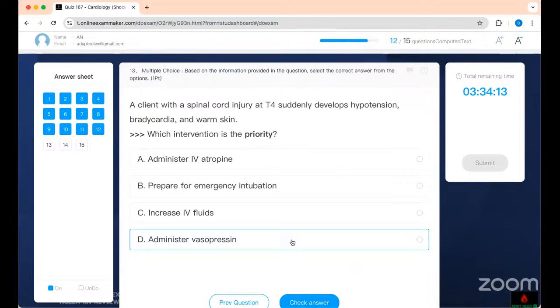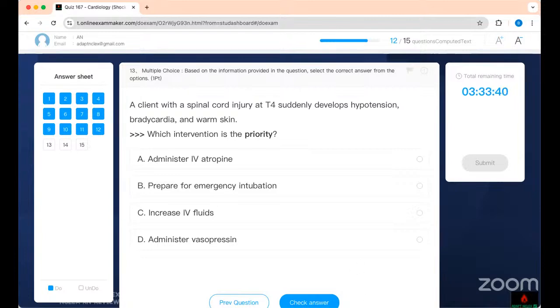This is the shock lecture, so when you watch this video multiple times, there's no question that these are content related to that. So this is the neurogenic shock, and I gave you a clue. I told you that in distributive shock, the veins are big. If the veins are big, what do you do? You fill the vein and then you squeeze it. Fill the vein and squeeze it.